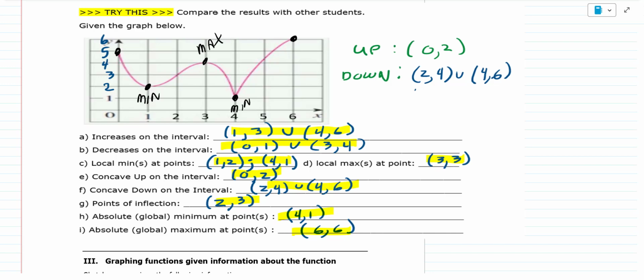When you have a local, oh, that's 3, 4. I'm sorry. Yeah, 3, 4. Okay. So we got that. All right. So are we okay on what we mean by local min and max? Okay. Now notice the global